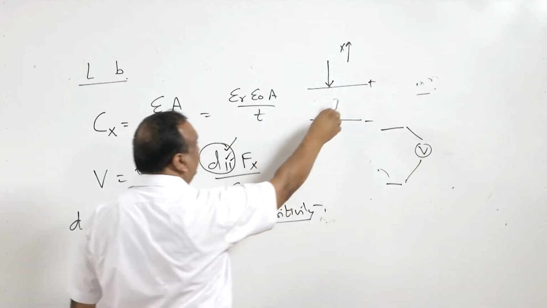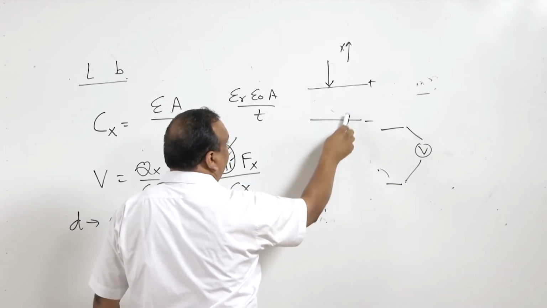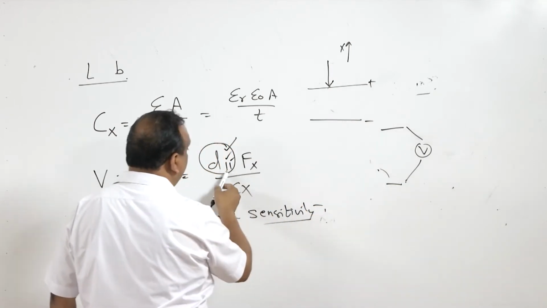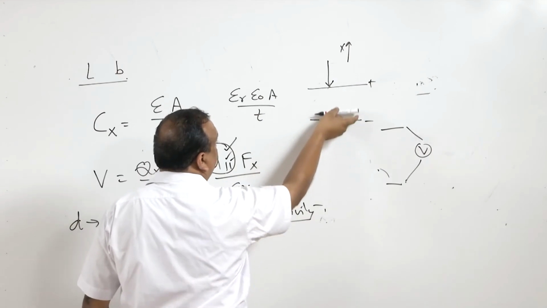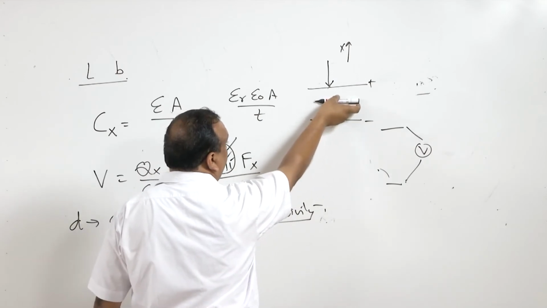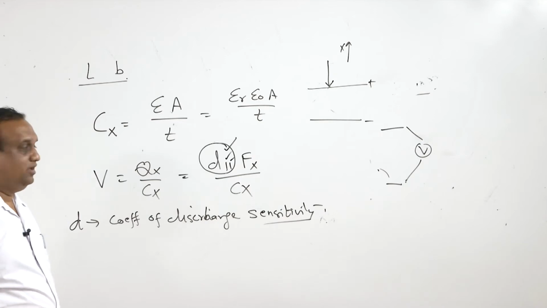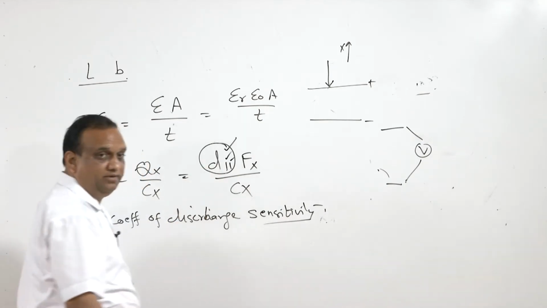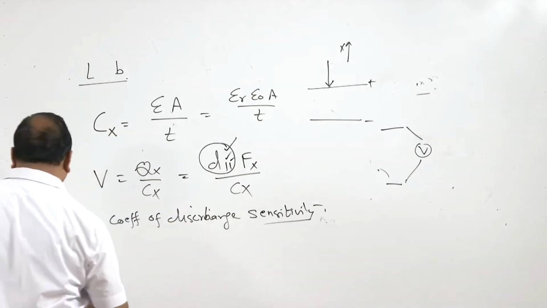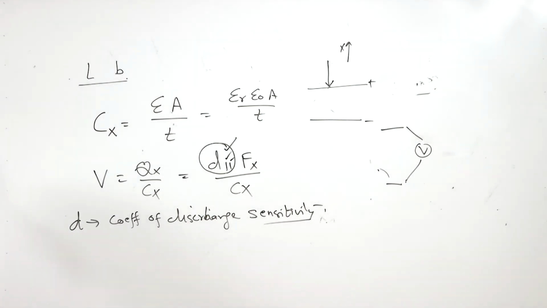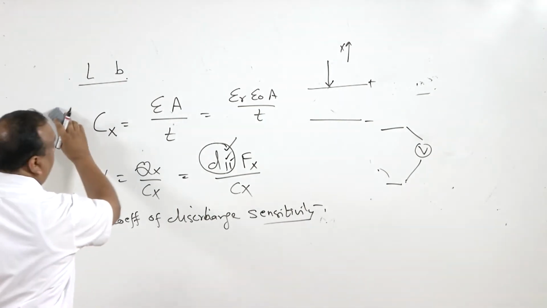Suppose we charge the crystal positive and negative, the D12 will indicate the mechanical effect of charge in this axis. It will swell or it will shrink. So here we are taking D11. It is the coefficient of charge sensitivity. Now once we have the coefficient of charge sensitivity,